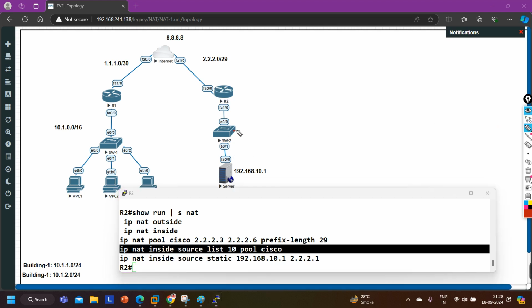is for all the employees in my network who can access the internet, right? Like here I have some PCs. So these PCs should be able to access the internet. How will these PCs access the internet? With the help of this NAT rule, right?